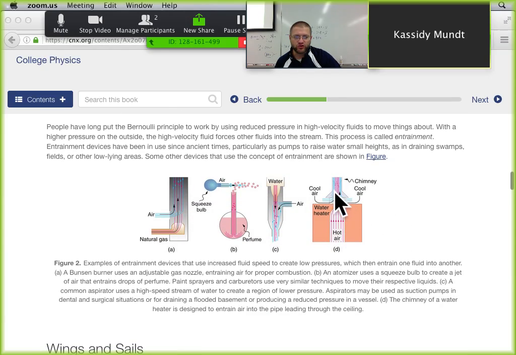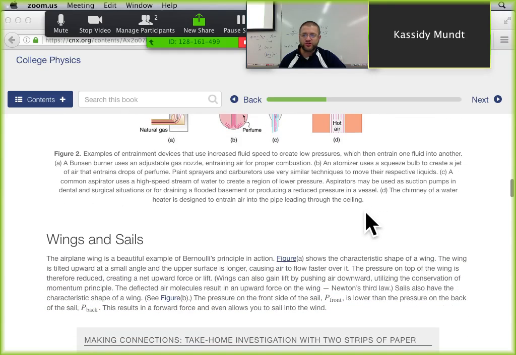And the more air you can draw, I mean, you do the same thing in a fireplace, except you draw the air in from the bottom below the fire. So a good fireplace actually has a vent underneath it. My fireplace has one of these. It has a vent underneath it, and it has vents in the bottom or the sides of the fireplace that draw oxygen into your fire, usually from outside the house so that you don't suffocate inside the house. And it draws that air in so that you can feed oxygen to the fire. Let's see here, and that's called entrainment.